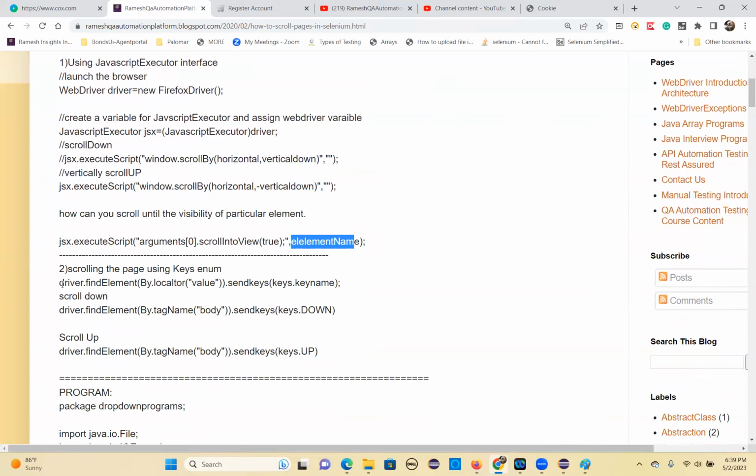Okay, and you can even scroll by keys also. If you're using the sendKeys method, Keys.DOWN will scroll down. Keys.UP will scroll up. So this is the thing, and I'll show you tomorrow in the code how to scroll down and scroll up with this JavaScript executor, how to scroll for an element, how to